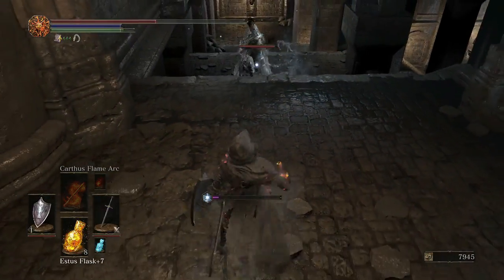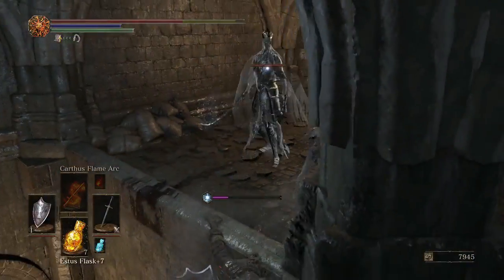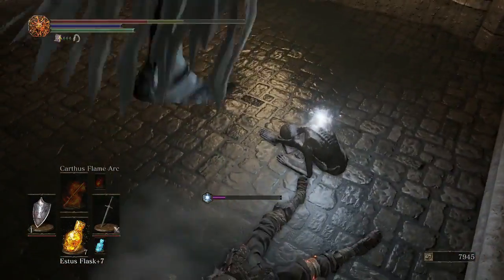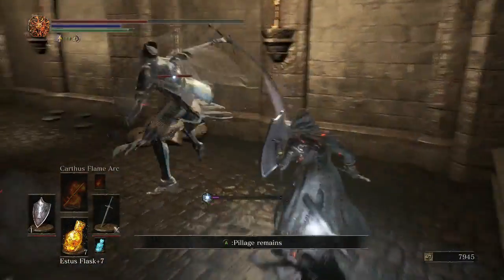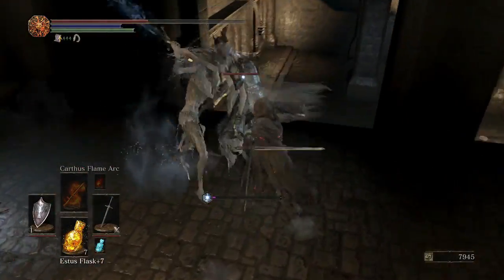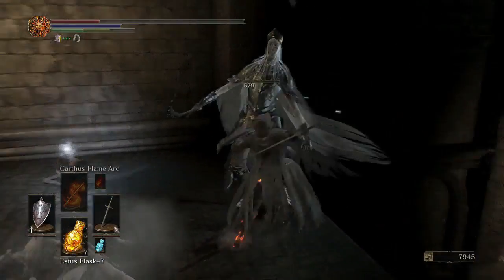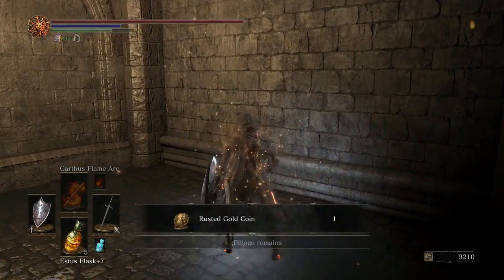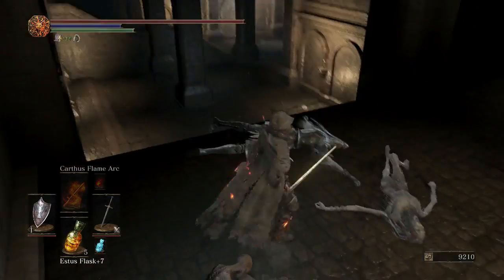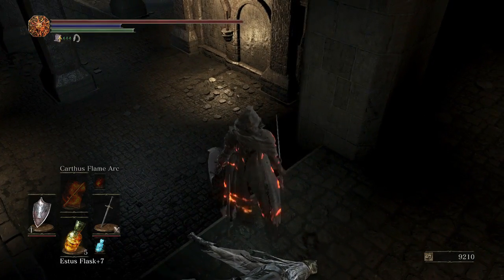Now, he's actually going to kind of knock me down into the area that we're going to jump down to anyways, so that we can pick up the item here. But try and take these guys out. I know they can be a pain sometimes, especially when they team up. But yeah, what you'll do is just jump down there, get the rusted gold coin, and then from here